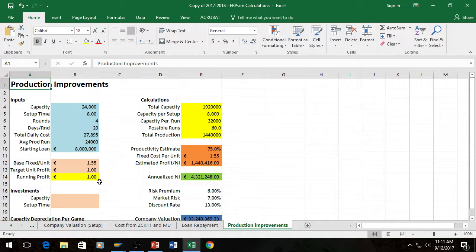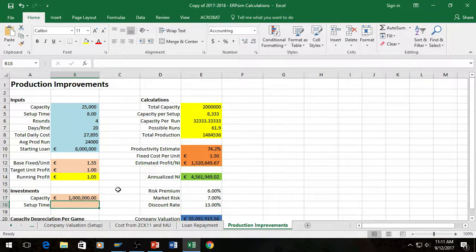So rather than changing this, what we're going to assume is every time I improve productivity in one way or another, the profit is going to move up. So the price would stay the same, but our profitability is going to go up. And just to give you an idea of that,